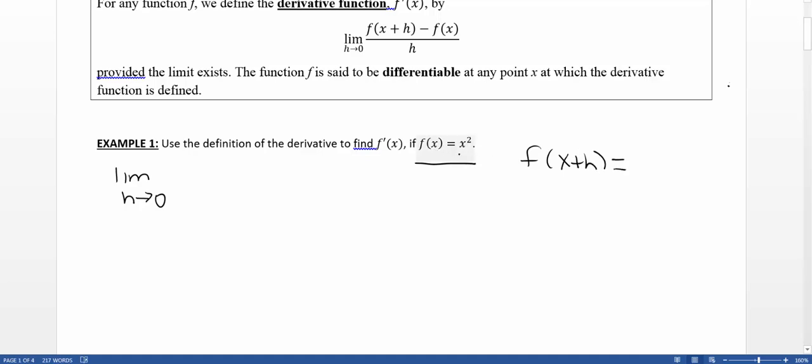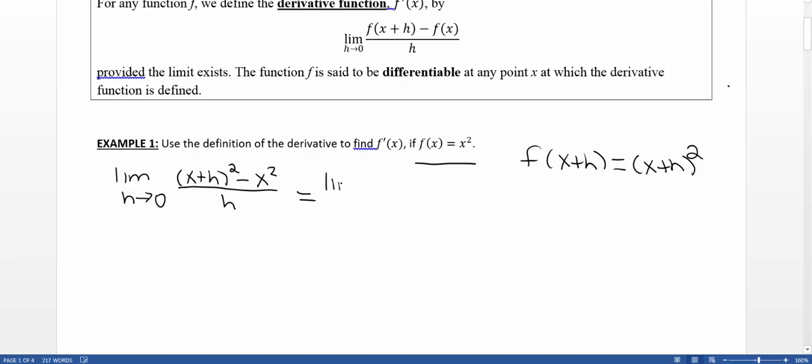f of x plus h means we're going to plug x plus h into our function. And our function was x squared, so that means f of x plus h is (x plus h) squared. Now here, we plug that in. We have (x plus h) squared minus f of x. So our f of x was x squared, all divided by h. Now, we want to start to do some of our algebraic simplification here. So what we're going to do is we're going to square out that top term to see if we can